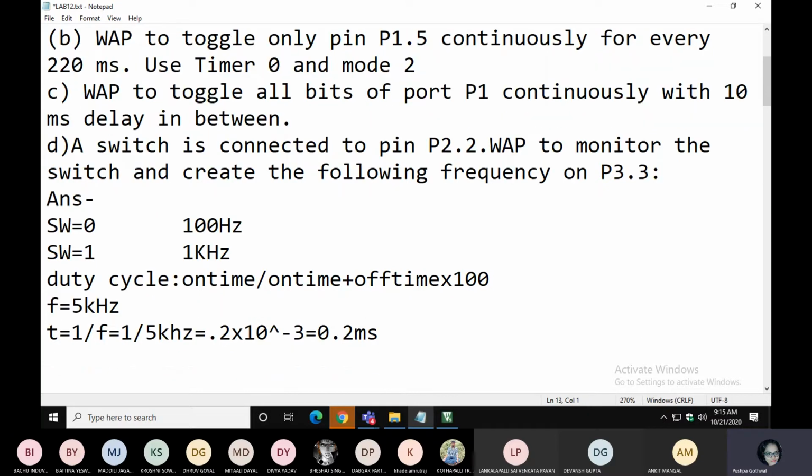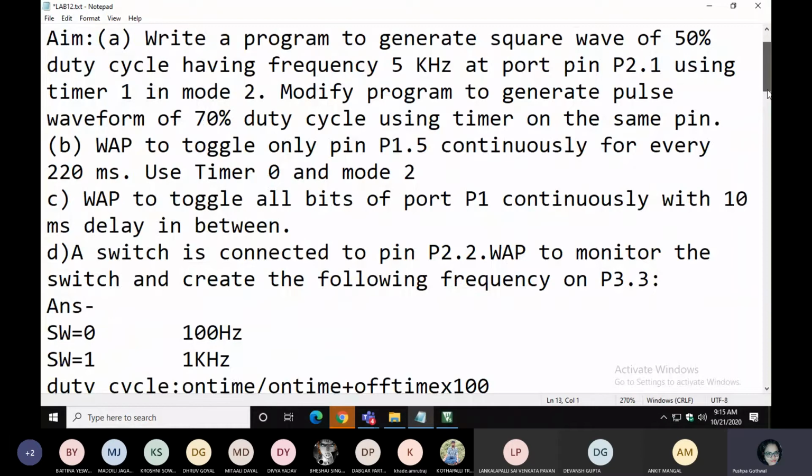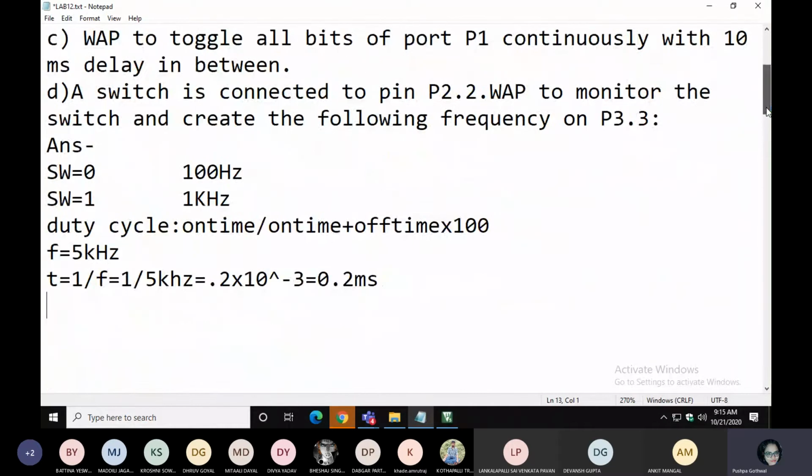So what is duty cycle here? They are saying 50% duty cycle. 50% means, as you already know, if you are generating one square wave, you have one on time and off time.